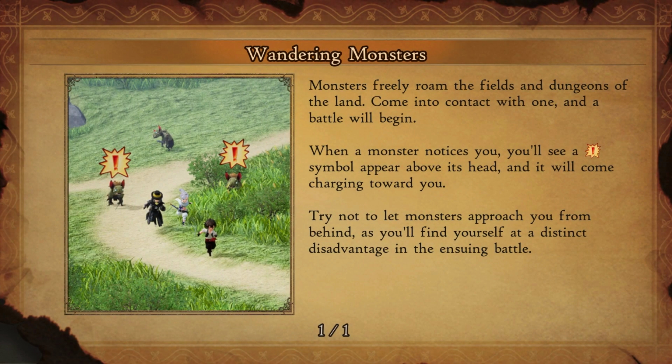Well, that's unfortunate. Monsters freely roam the fields and dungeons of the land. Come into contact with one, and a battle will begin. When a monster notices you, you'll see an exclamation point symbol appear above its head, and it'll come charging towards you. Try not to let monsters approach you from behind, or you'll find yourself at a distinct disadvantage in the